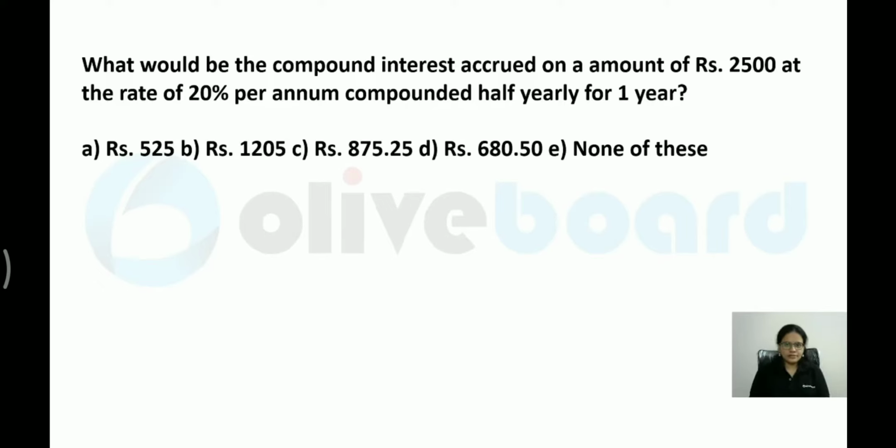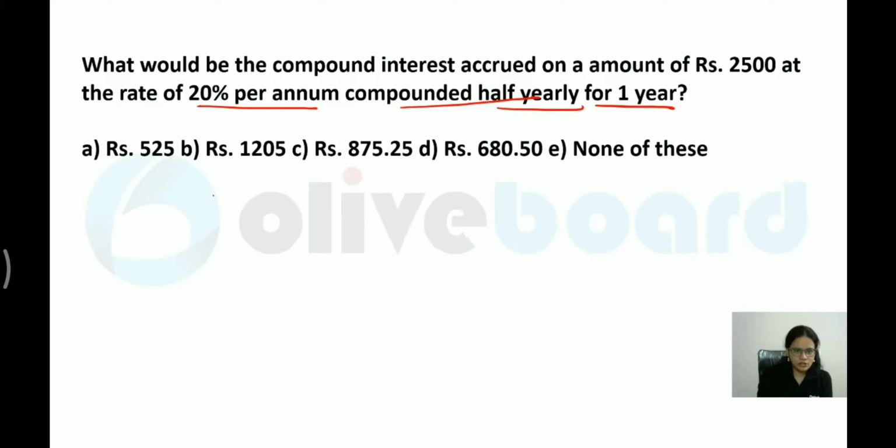So here, instead of compounded annually, they have given you compounded half yearly. This pattern was also not discussed in the first one. So what you have to do whenever they are telling you compounded half yearly. What would be the compound interest accrued on the amount 2,500 at 20% per annum, compounded half yearly for